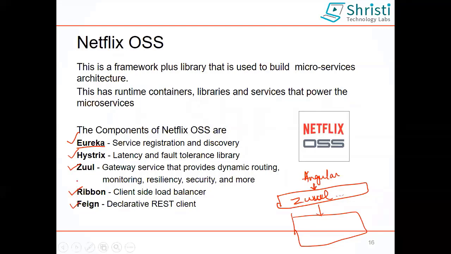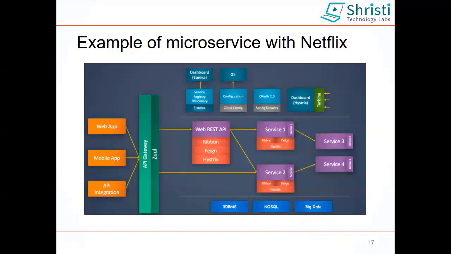So these are the things that we'll be covering in our .NET microservice online training. I don't want to go into detail on that part. This is the complete microservice ecosystem. So this whole thing is my microservice, one single application deployed as a microservice.